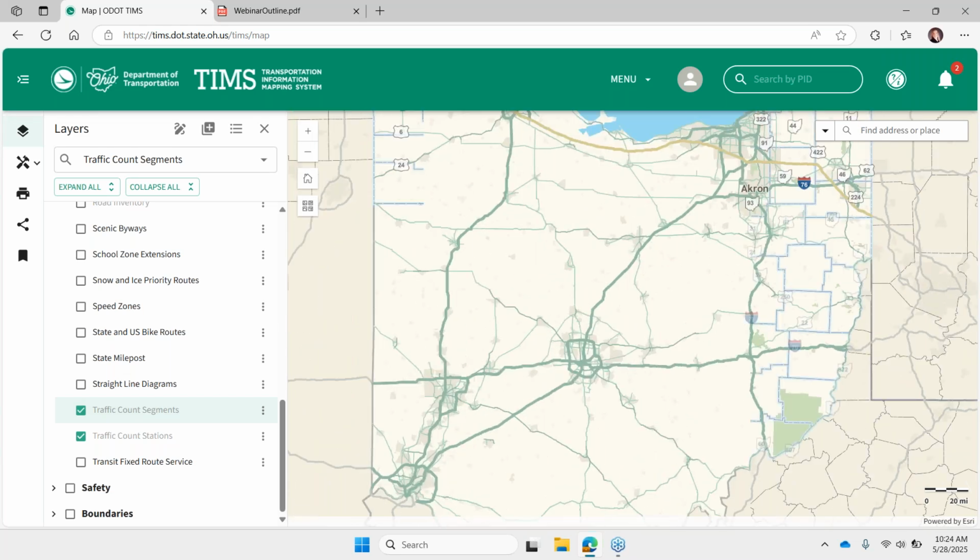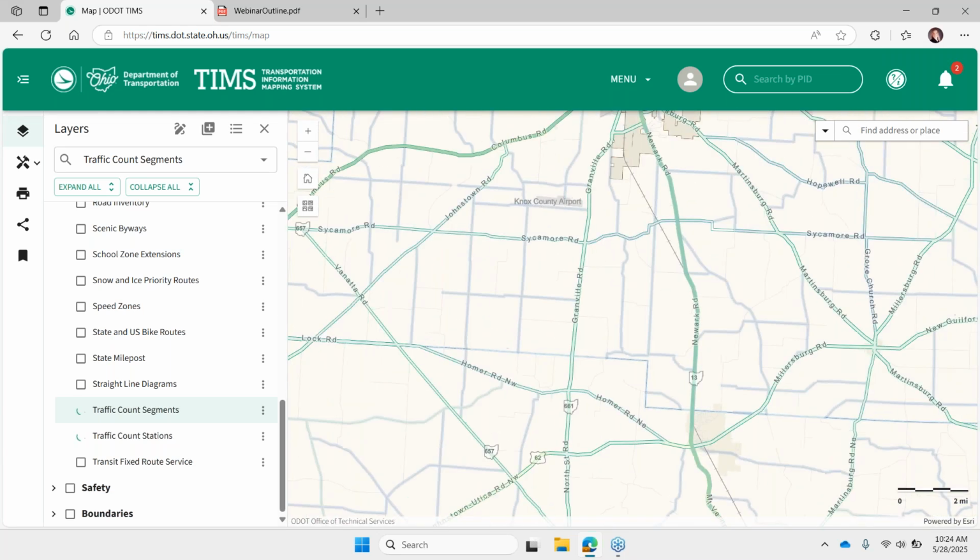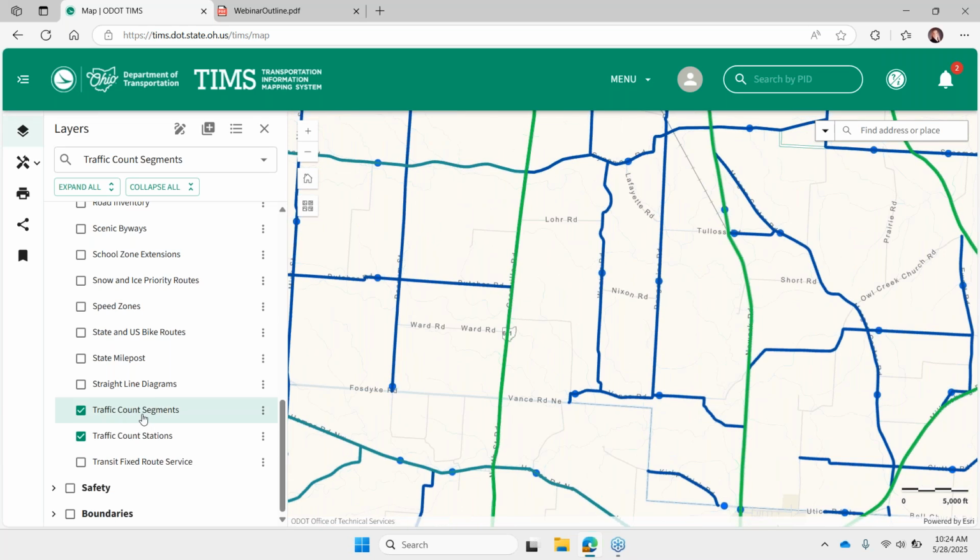So you have to zoom in before those features will begin to draw. Keep zooming in until you see that the text turns black, and then the features will be drawing on the map. Hopefully that's pretty intuitive once you've learned about it for the first time. We give you an indicator in the layers list that that limitation is set, and it's based on the scale. So if you see the light gray text, just keep zooming in until it draws.